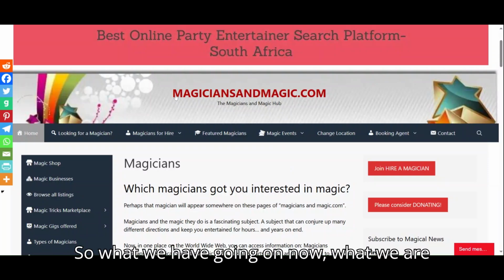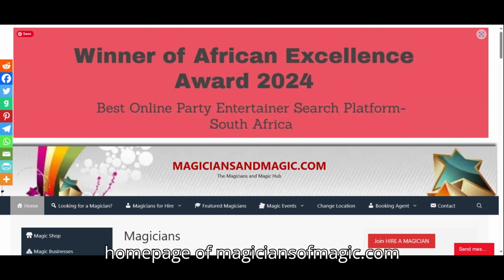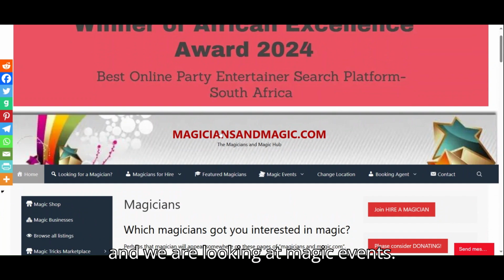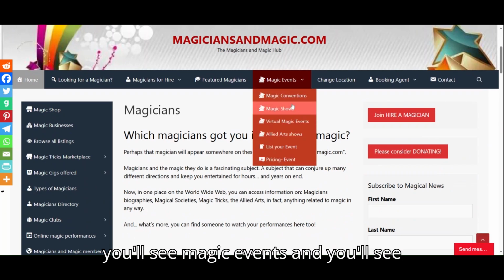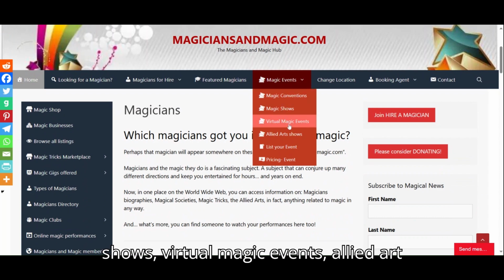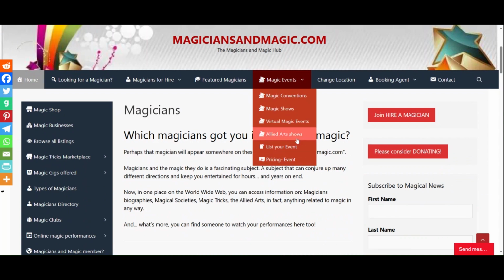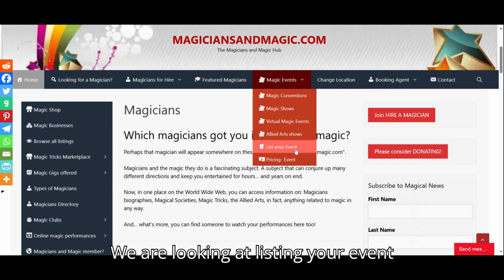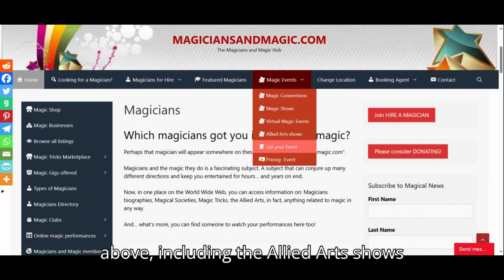So what we are looking at is the homepage of magiciansofmagic.com, and we are looking at magic events. If you look at the top navigation bar, you'll see magic events, and you'll see it's split into magic conventions, magic shows, virtual magic events, allied art shows, list your event, and pricing event. We are looking at listing your event, which can be one of any of the four above,